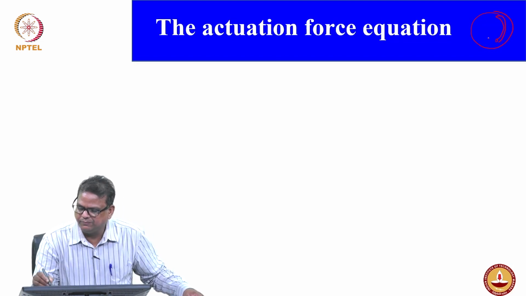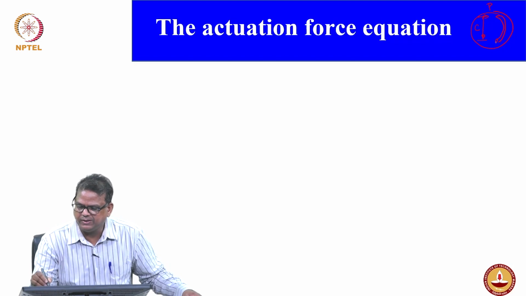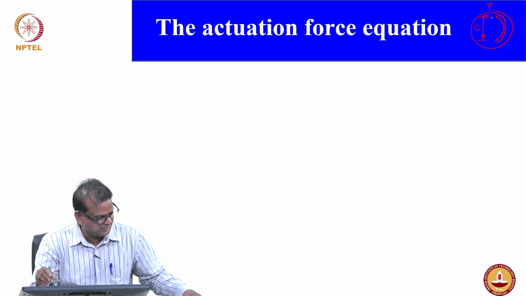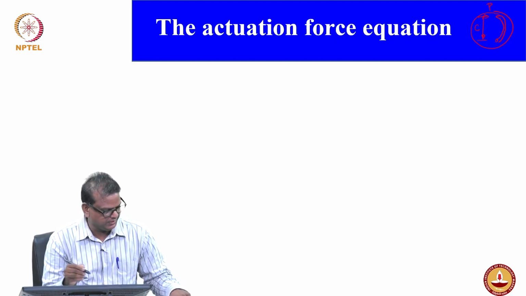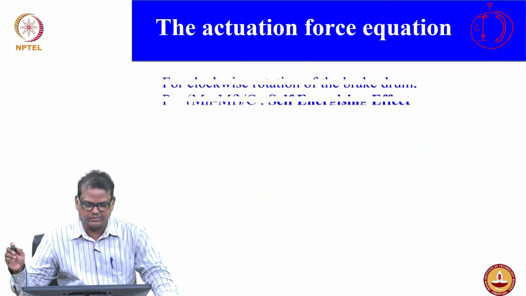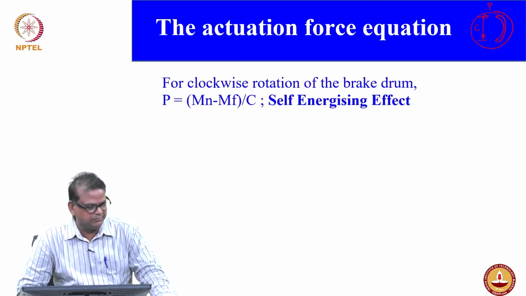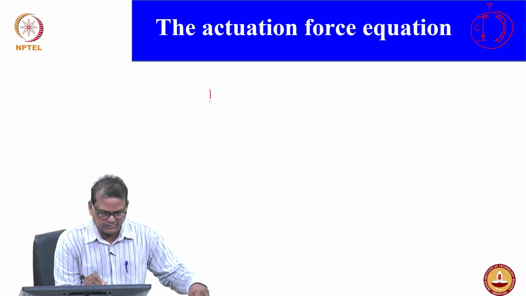From here to here, this is the P, and this is your distance C. You take the pivot moment when force is applied here. So what do you expect the equation to be? For a clockwise rotation, you would expect P into C plus Mn